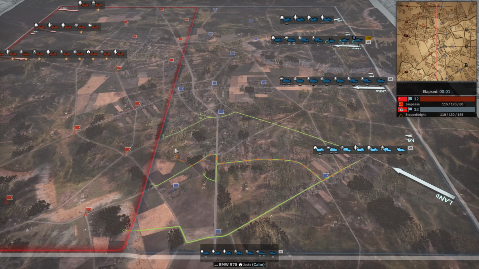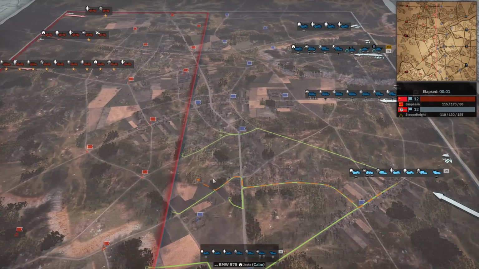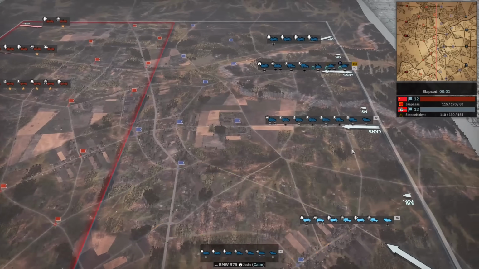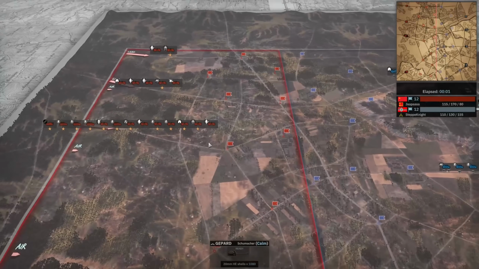Then up here, it looks like SteppeKnight is actually determined to try to contest this area. It's not going super defensive. We go a little bit further forward. In the town, relatively defensive, lots of STOS troops for CQC in positions where CQC can kind of hold things. Gepard, interesting. Don't know what that's doing there, but I guess we're going to have to wait and